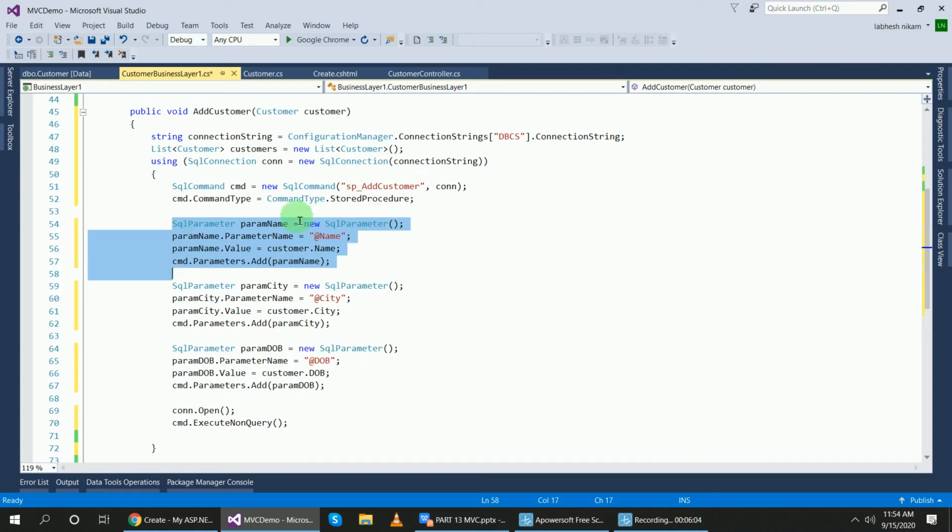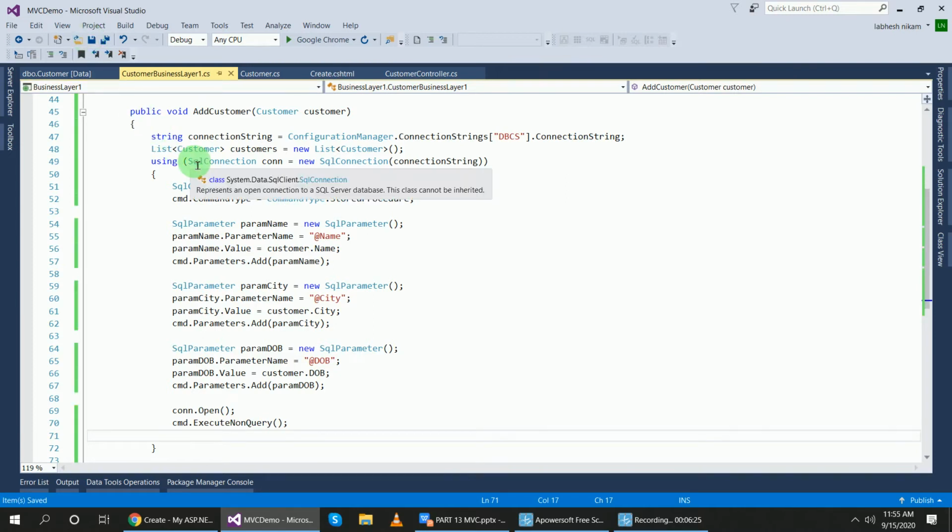I created this param name object and passed it into the parameters. Same like that, name, city, date of birth, then open the connection and execute the query. So my two works are done: the store procedure and the class library side method.